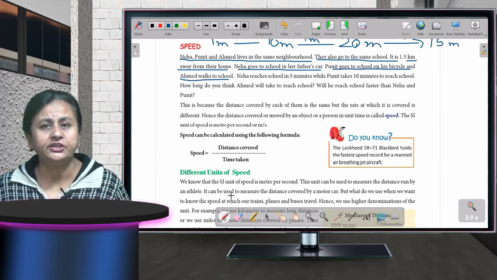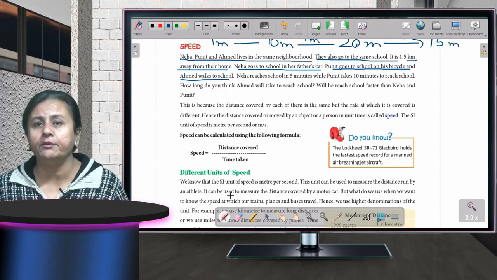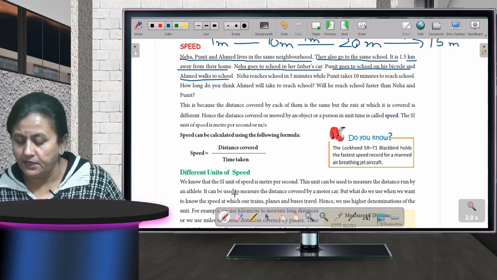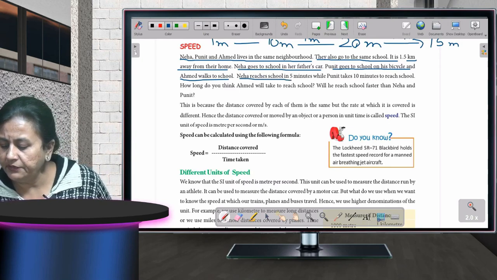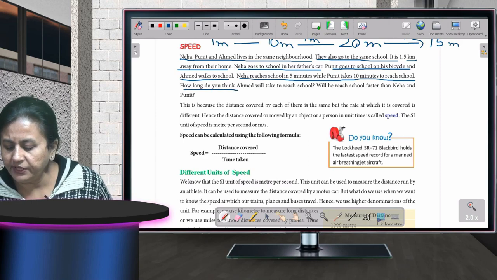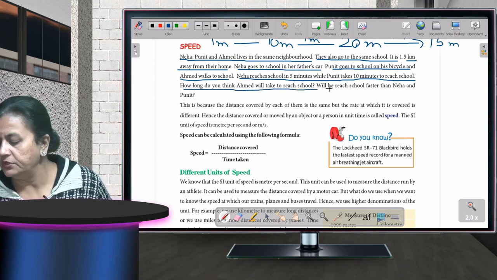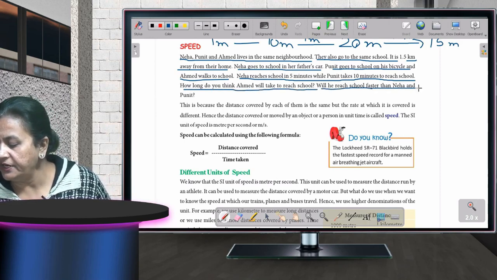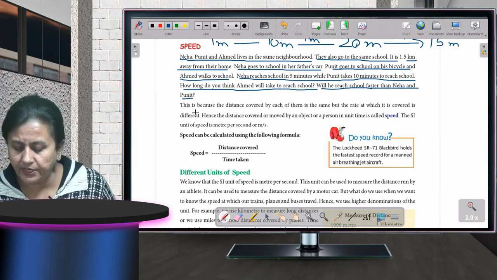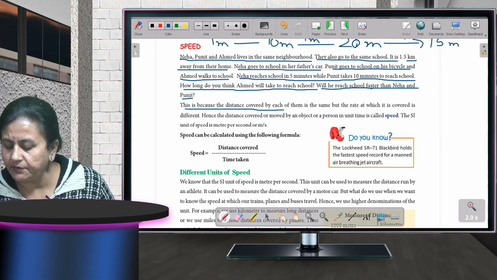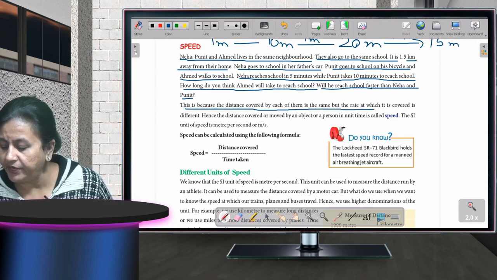So who would reach first? The one who is going by car. Okay. So Neha reaches school in 5 minutes while Puneet takes 10 minutes to reach the school. How long do you think Ahmed will take to reach the school? Will he reach school faster than Neha and Puneet? No. Why? Because he is going on foot. This is because the distance covered by each of them is the same, but the rate at which it